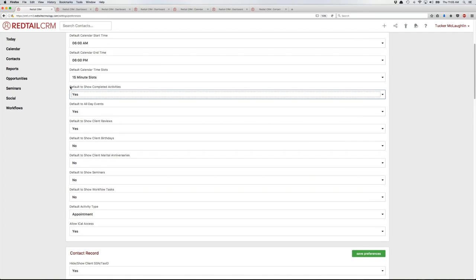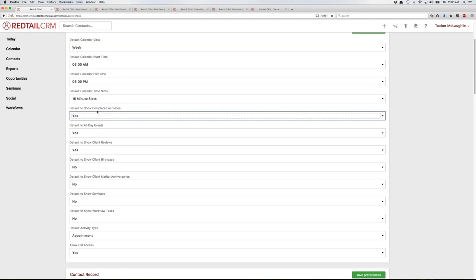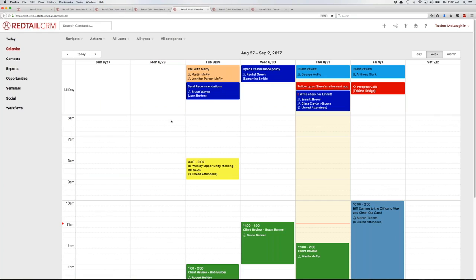Then as we come down, we have the default to show. Default to show completed activities, default to show all day events, client reviews, client birthdays, marital status, marital anniversaries, seminars, and workflow tasks. So these are just going to be the default. That means that when I take a look at my calendar, do I want to see these by default? Whereas right now I have client reviews shown,